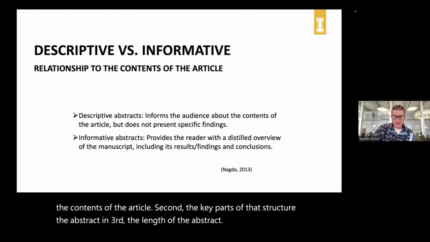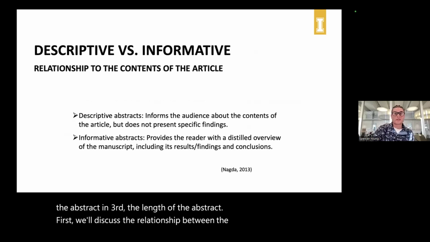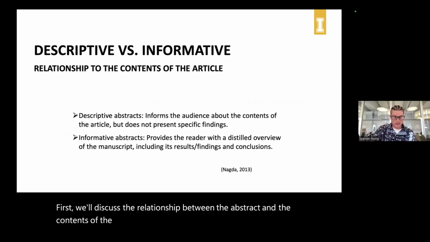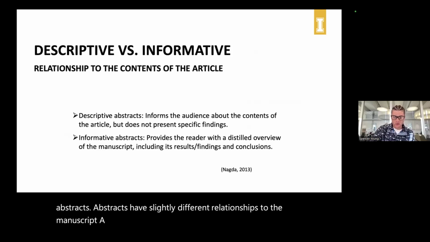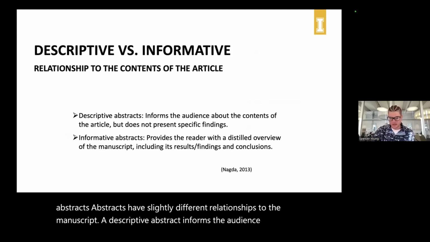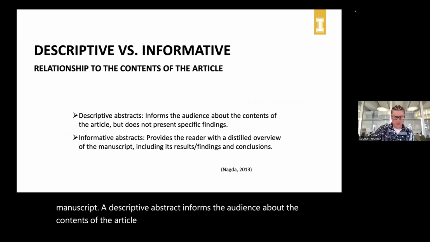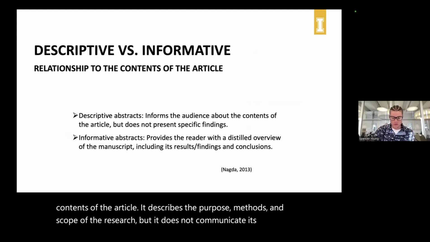First, we'll discuss the relationship between the abstract and the contents of the article. Descriptive abstracts and informative abstracts have slightly different relationships to the manuscript. A descriptive abstract informs the audience about the contents of the article. It describes the purpose, methods, and scope of the research, but it does not communicate its results, conclusions, or make